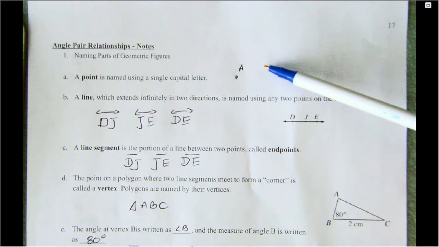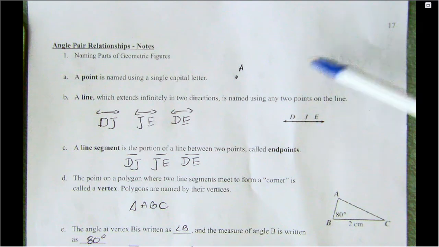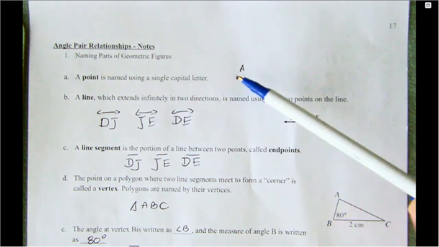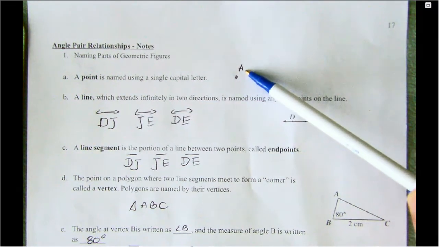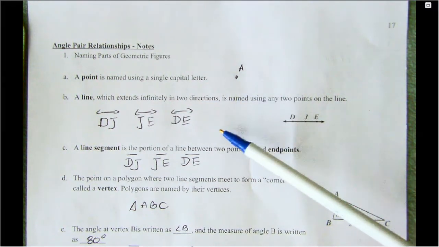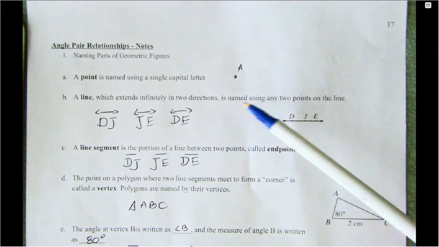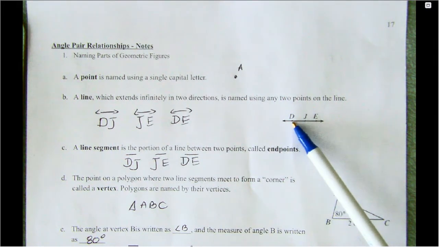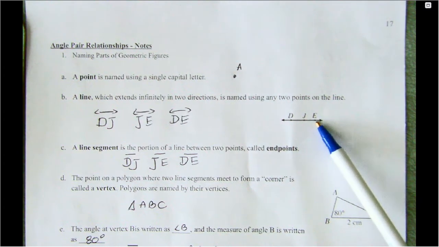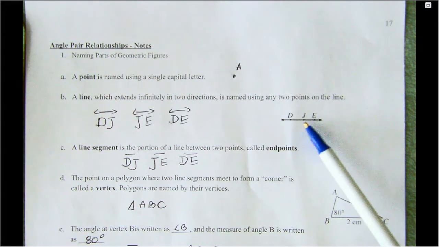Angle pair relationship notes, page 17. So first, how we name the point. This is capital letter A, B, C, whatever you have it. And naming a line, it depends. It has to have a start and finish. So D, E, J, E,